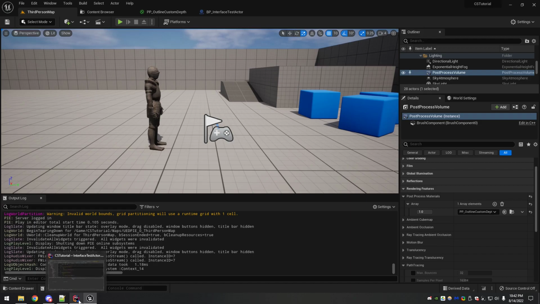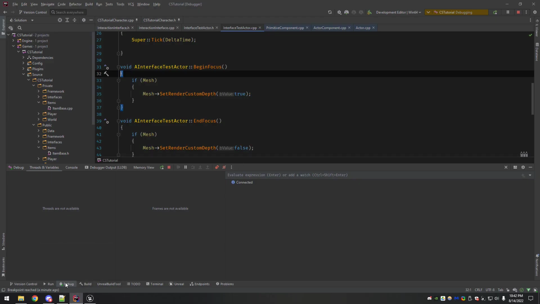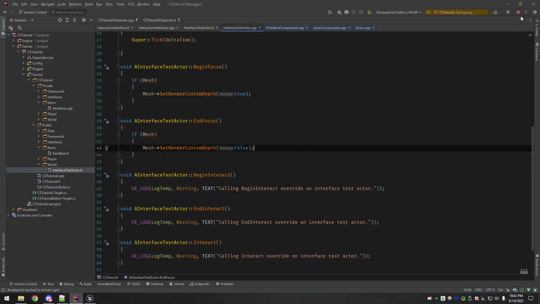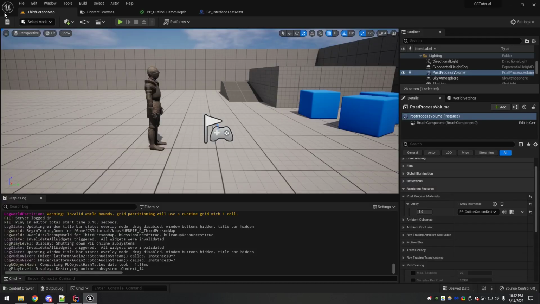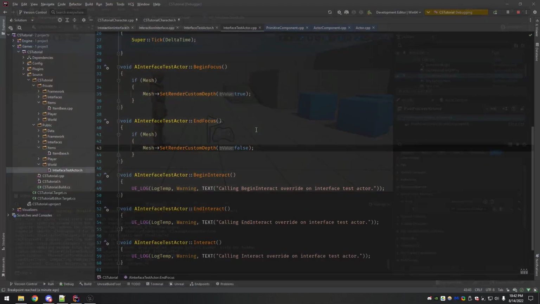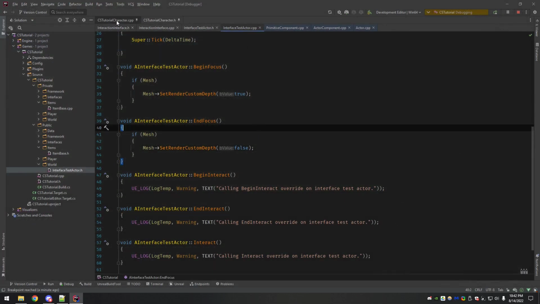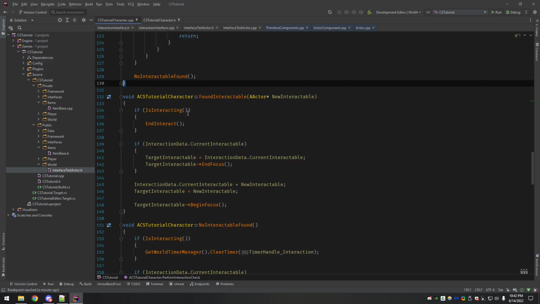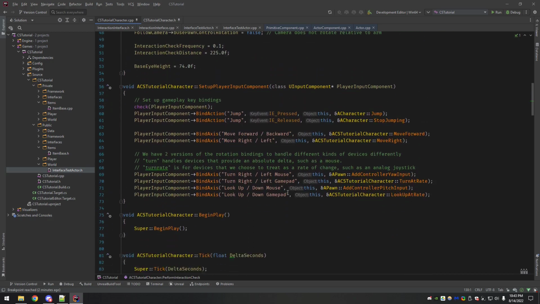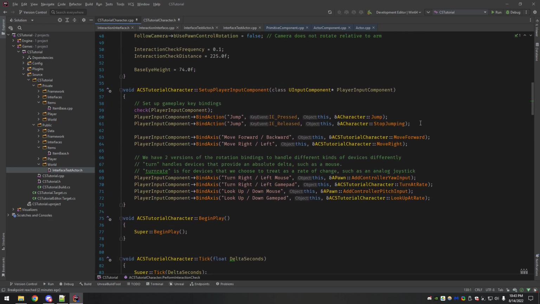Well, another sort of mistake I made, not really a bad mistake, just being a little hasty. Let me save my world here. I'm closing the editor. We have functions for interacting, but we have no way to actually interact. We have no button or anything, right, to interact. And the reason is because I didn't actually bind anything.